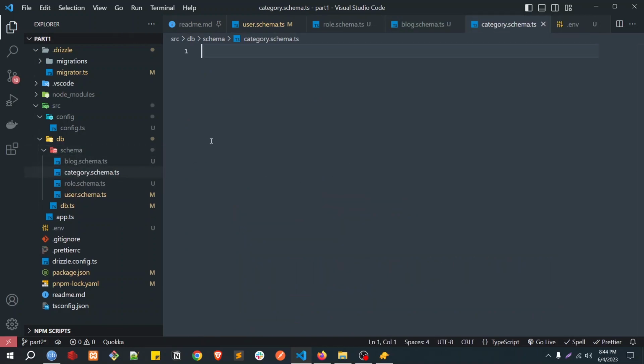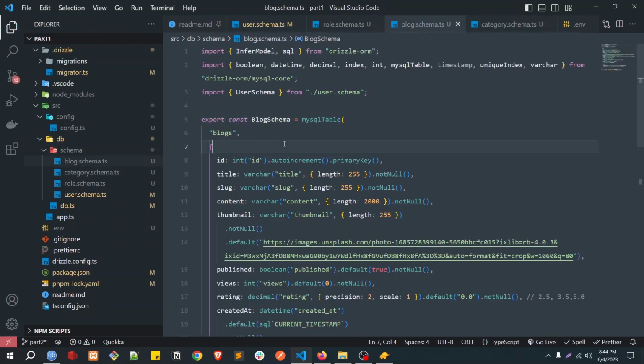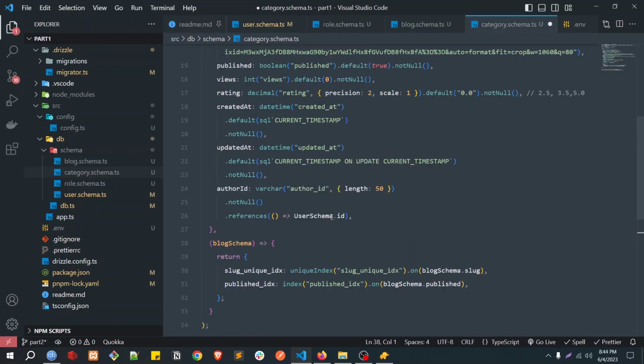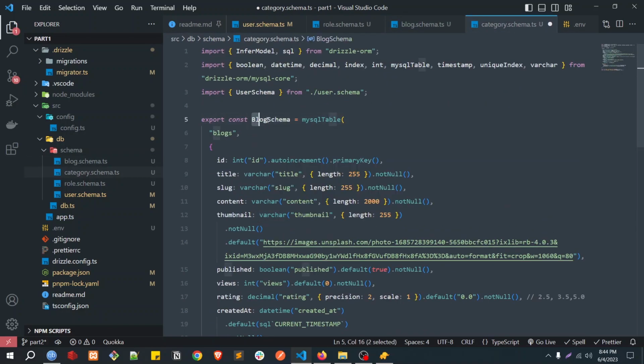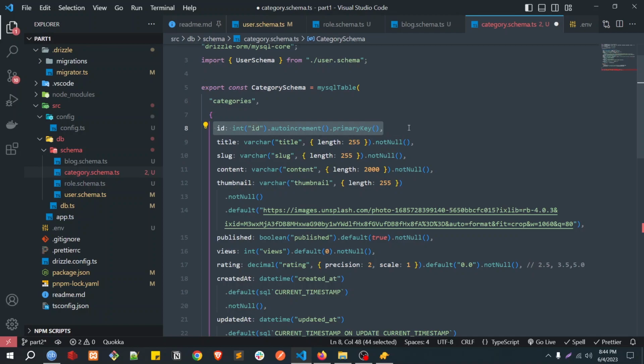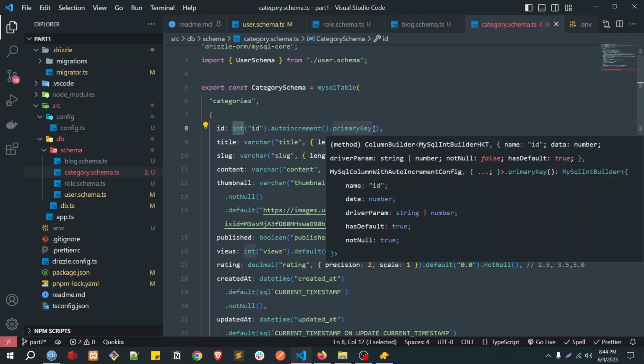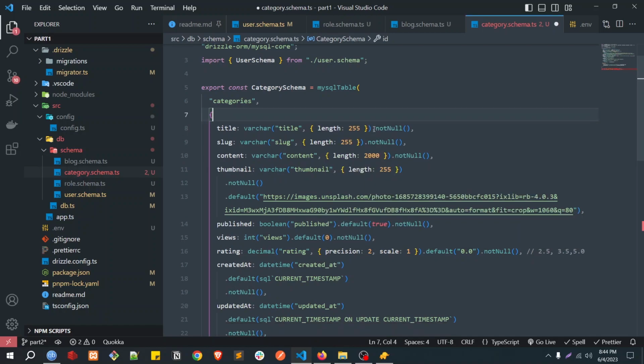Then we need to create the category schema, category.schema.ts. Copy everything from here, paste it here, and call it category schema. Call the table name categories. The categories will have an ID, and we can make it varchar, or let's remove the ID. We don't need the ID. Let's keep the category flag only,